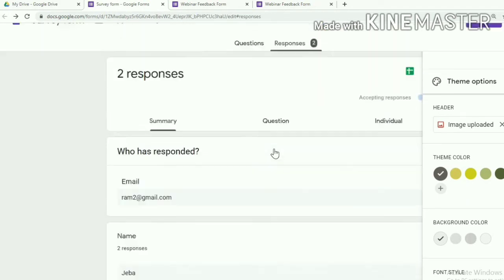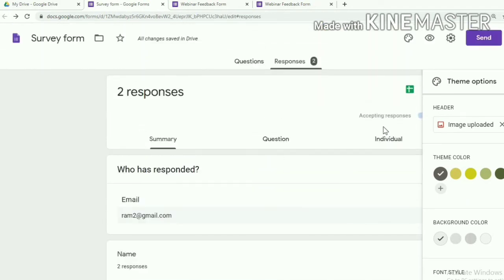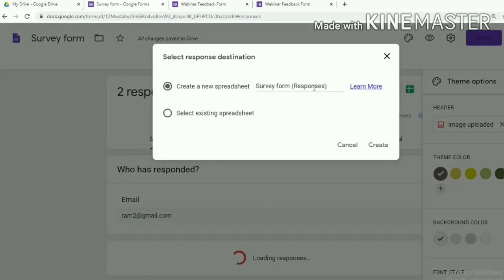So now you want to create the spreadsheet of this form. How to create this spreadsheet of this form: by clicking here. So you can give the spreadsheet name. I have given survey form. If you want, you can change the name. Click create.